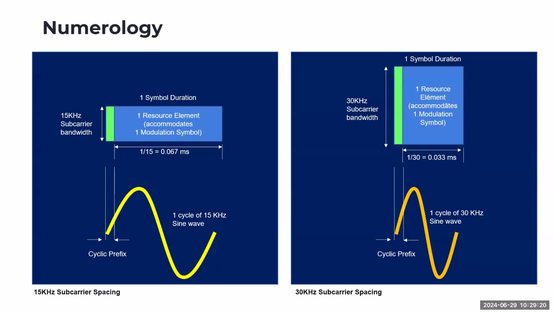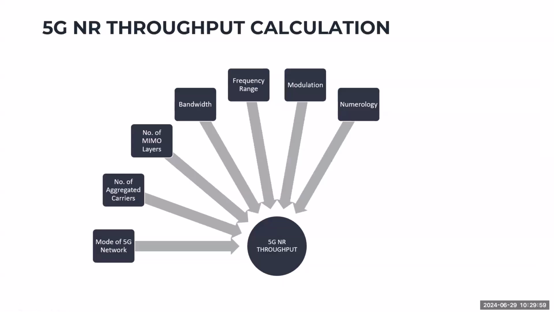So for example, ito yung sine wave ng isang 15 kilohertz and then ito naman yung sine wave ng isang 30 kilohertz. No? So makikita mo, mas maliit yung duration. Almost half ng duration ng isang 15 kilohertz. That's why dito sa mga high frequencies na yan, mabilis din yung latency. Kaya doon sa mga applications na requires lower latency, we are using high frequencies because mabilis yung transition ng mga throughput mo or ng mga bits of information mo dahil sa behavior ng ating electromagnetic wave. Okay, so that is numerology.